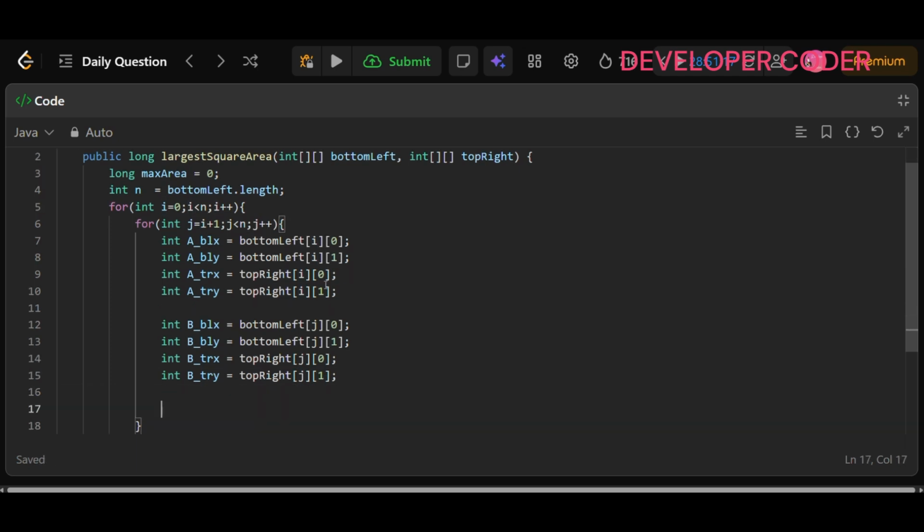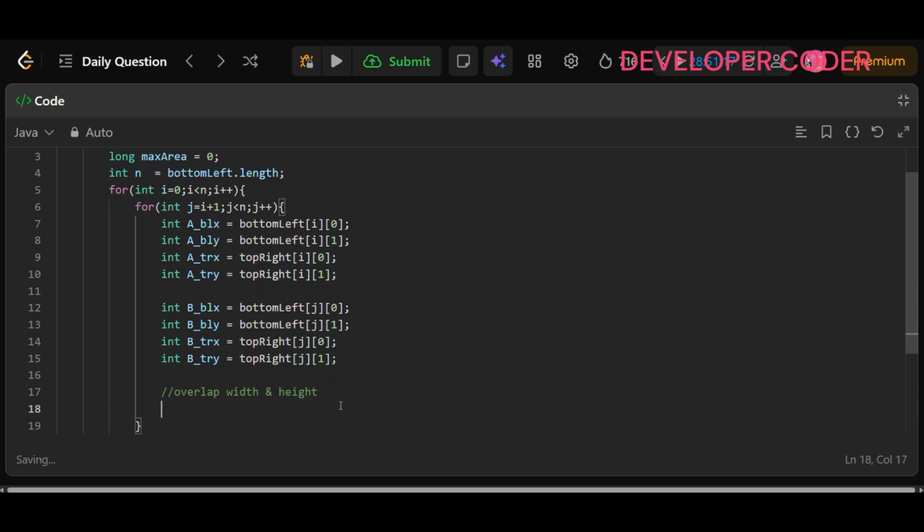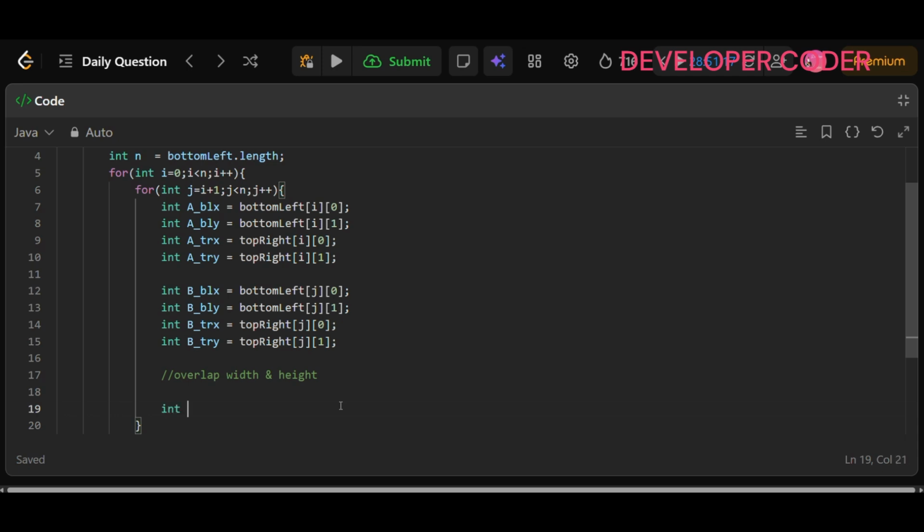Now we know these coordinates. Now we have to find out the overlap width and height. So these two things we need to find, right? So what I'm going to do here, let's say int overlap